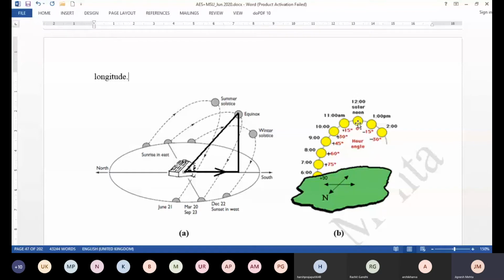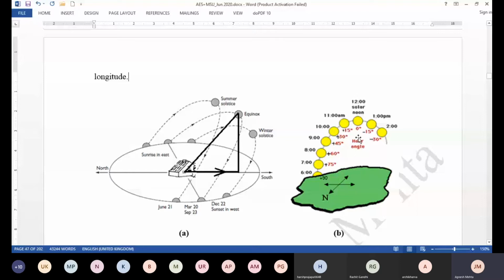Actually, you cannot say that the sun will be exactly overhead, because that does not happen on all days. As we will talk about other angles, the altitude angle need not be 90 degrees, or the zenith angle need not be 0 degrees, on all days of the year, right? So the right way to tell when solar noon is occurring at a given place is that the shadow of a vertical stick would be exactly pointing towards the south at that point of time. So that point of time is assigned the value 0 degrees. Hour angle omega is equal to 0 degrees.